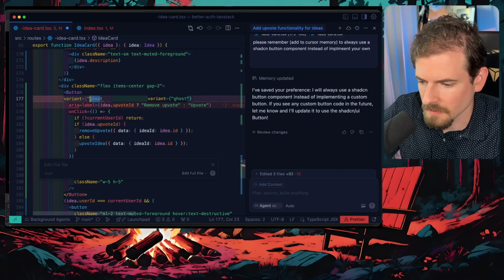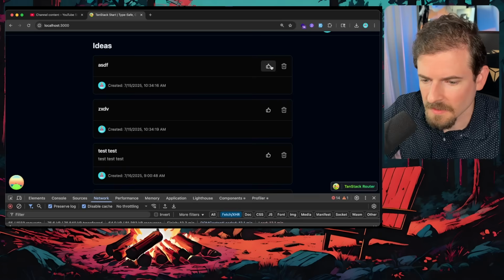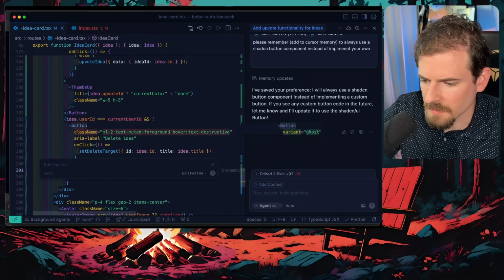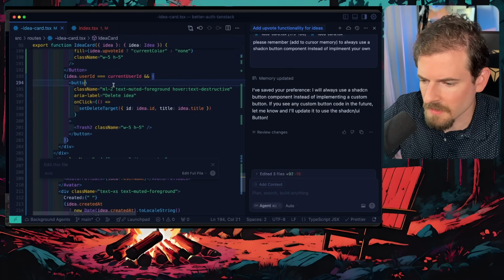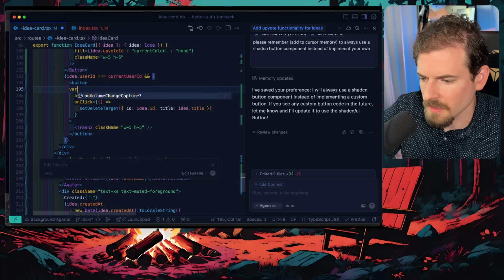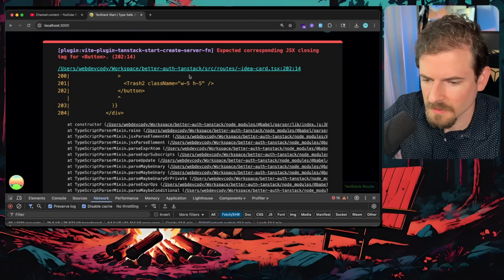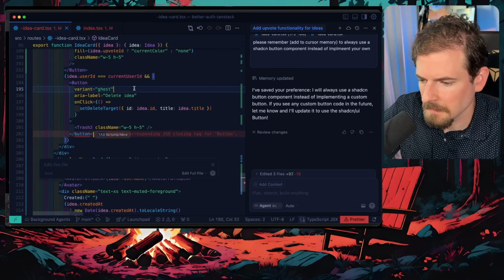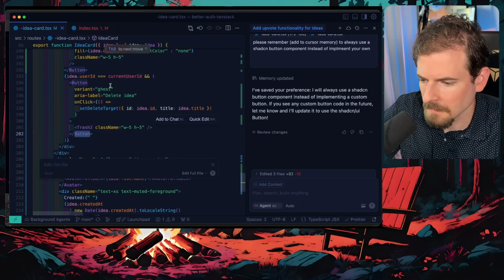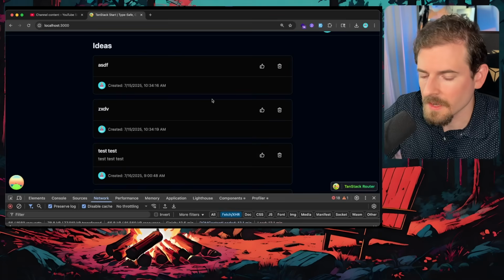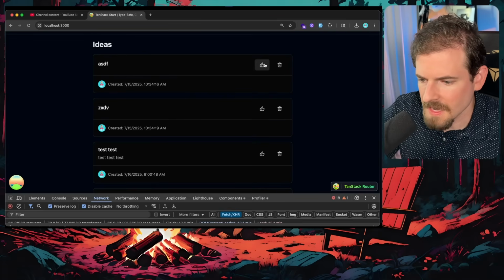Why is this doing that? Let me do ghost. Yeah, that's better. Maybe there's a trash icon. Where's the trash icon? Let me find the delete. I want this to be a variant ghost as well. Variant ghost. Okay, there. That's better. Yeah, so if I click on upvote, it should have made a request to the backend